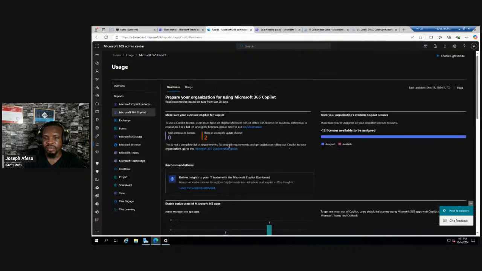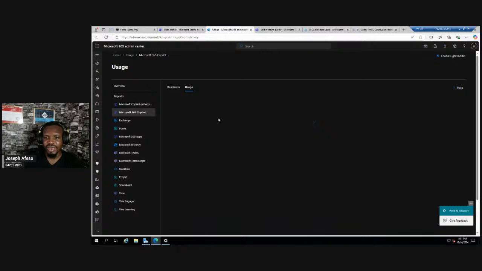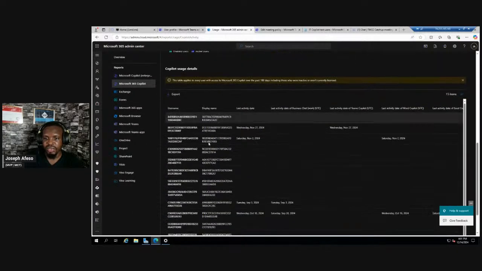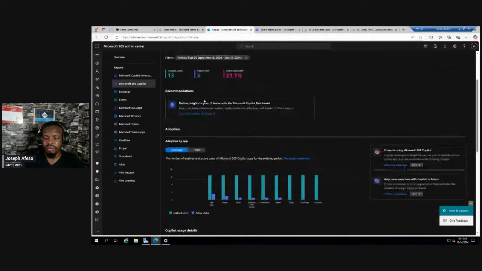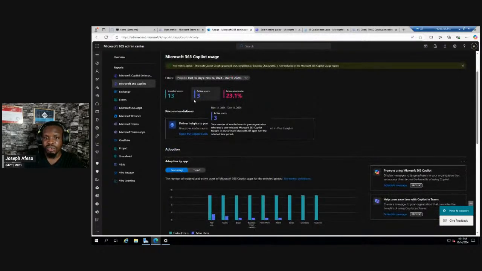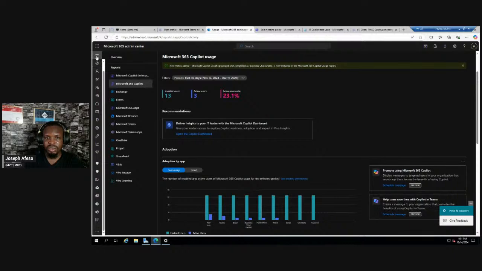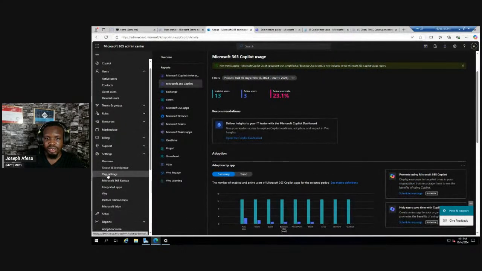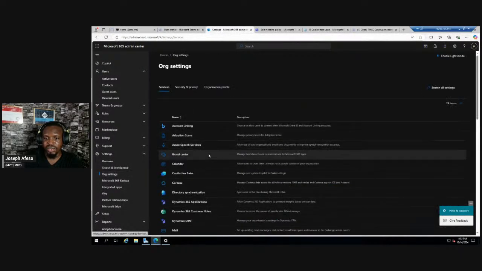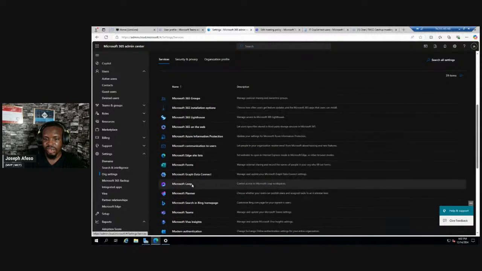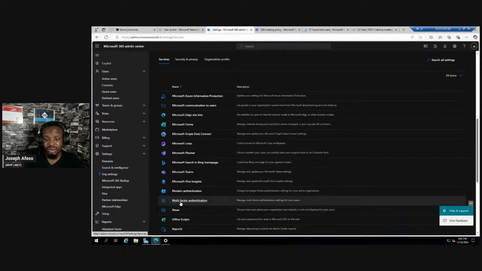I will find out that in the Copilot usage report, it is no longer going to show me the names of the users. It's going to conceal it by putting alphanumeric strings, like I told you earlier. So this is what you would see when it comes to Copilot's reports. But you can come back. As soon as I come back to org settings and then go back to reports and uncheck the conceal user usage reports option,